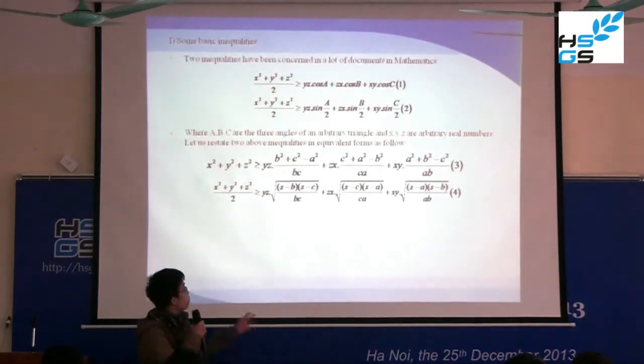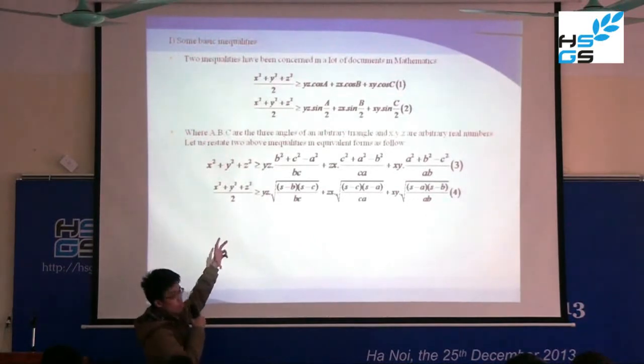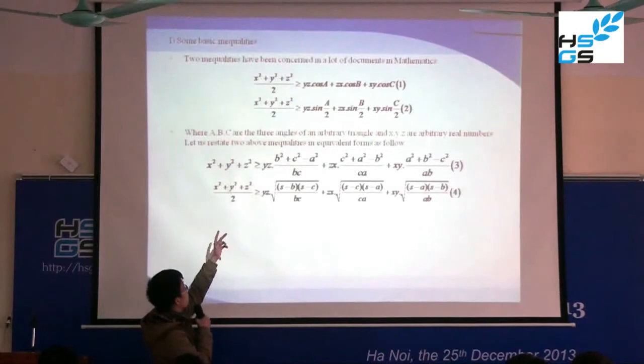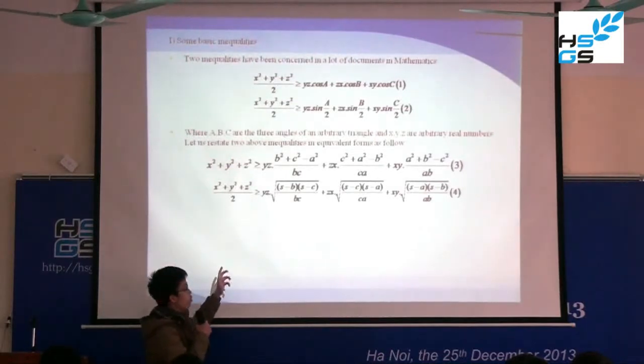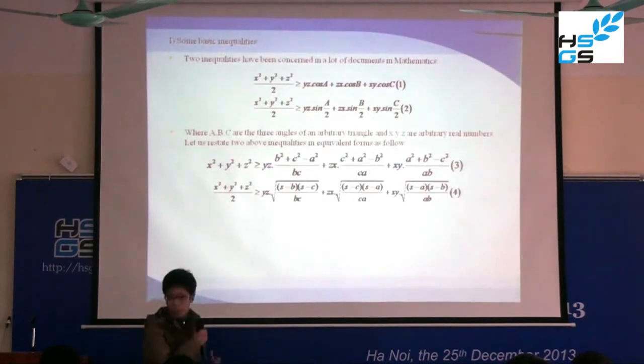And you can see these are the two equivalent forms of real numbers in 3D. And there are two proofs for this. For the first one, I will introduce to you now. And the first one is